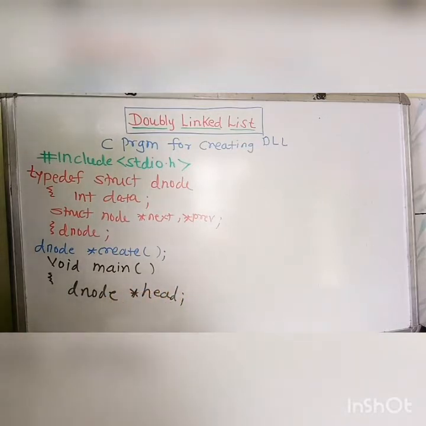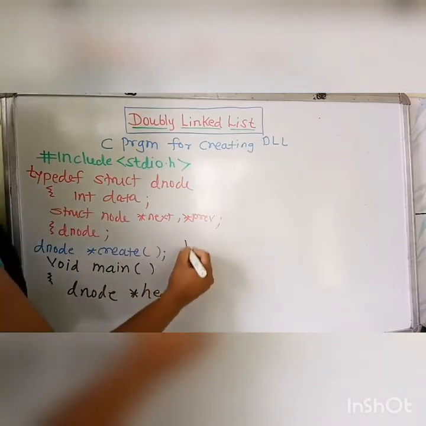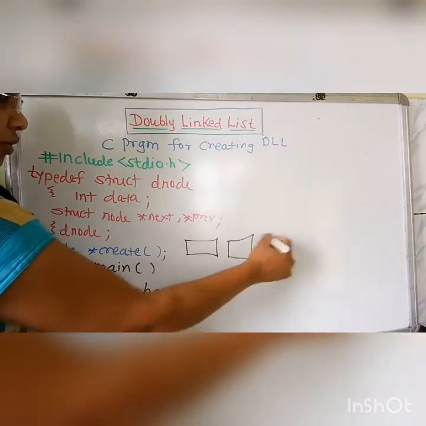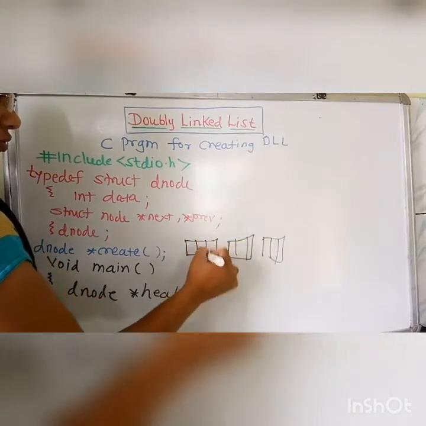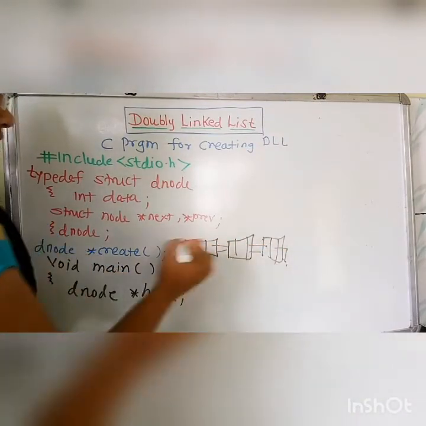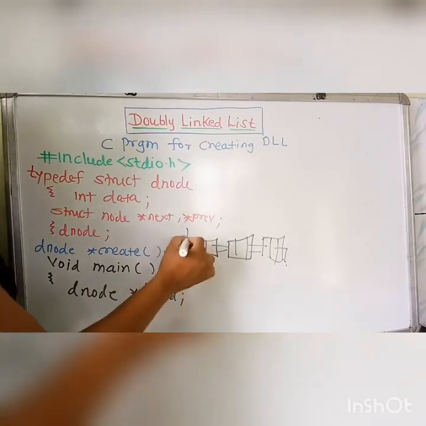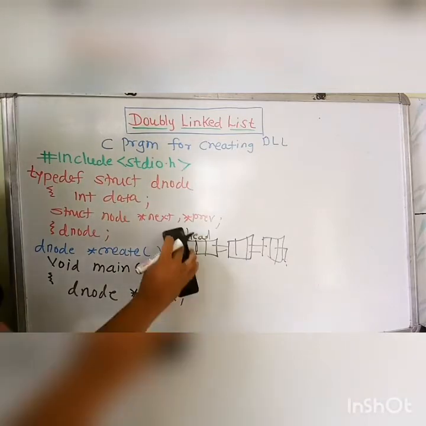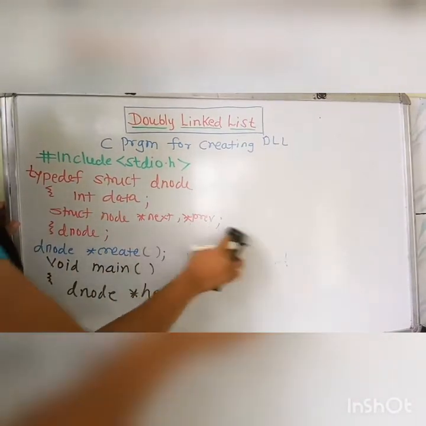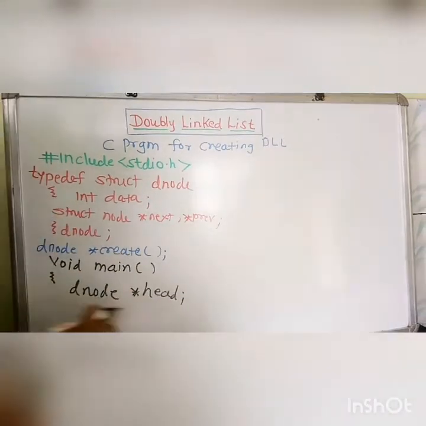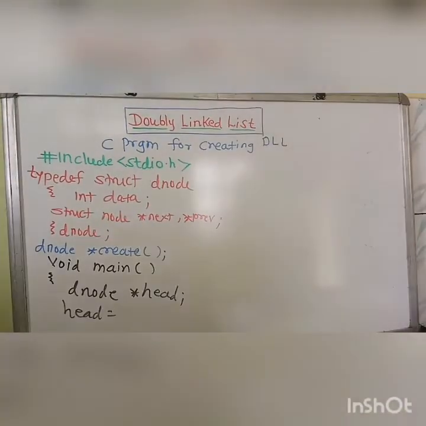We can simply create it by calling this create function, because here we are creating only the linked list of this type. And by creating this, for further reference we have to give the starting point. So we are calling it the head node and passing this create function to this head node. So we have taken the node star head. Simply we will call the create function, that is head equals create, as it does not have any arguments.